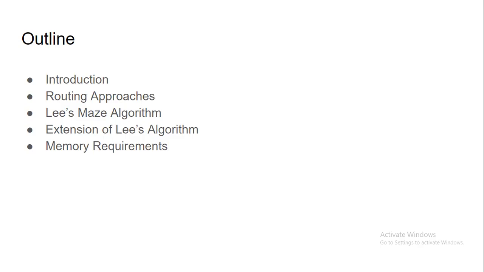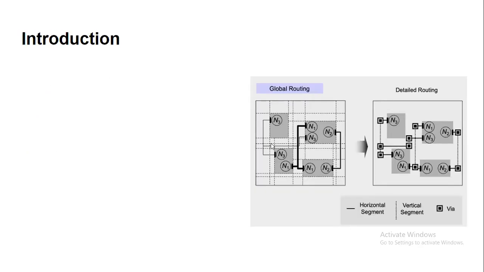So let's start. What was our global routing or signal routing? After partitioning, we do floor planning. So these are the modules. Modules means blocks, and inside blocks there are gates or nodes. And after floor planning,